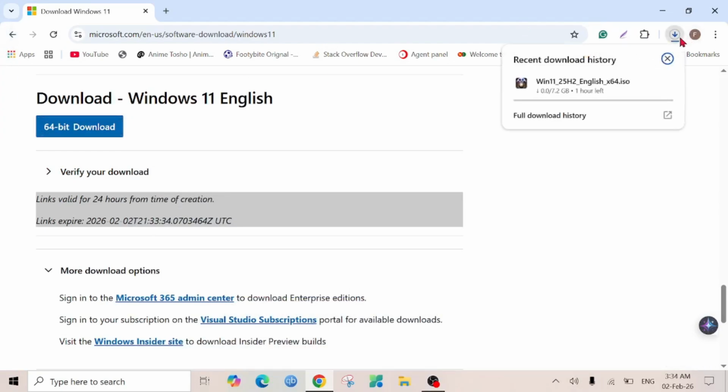As you can see, the download has started. After downloading it, you can easily transfer it to your bootable USB or DVD drive and install Windows 11